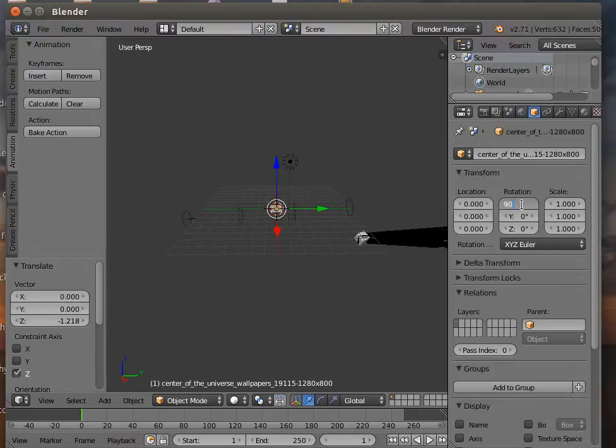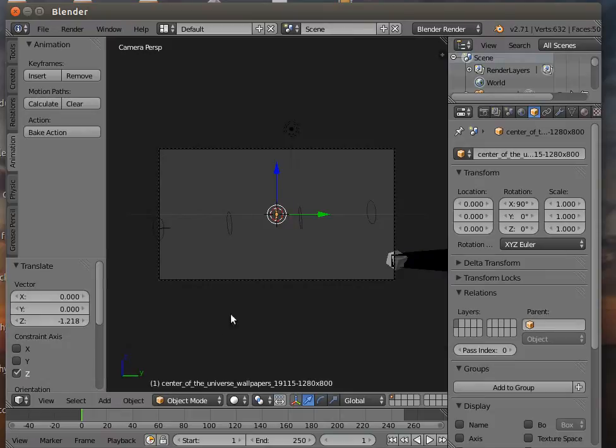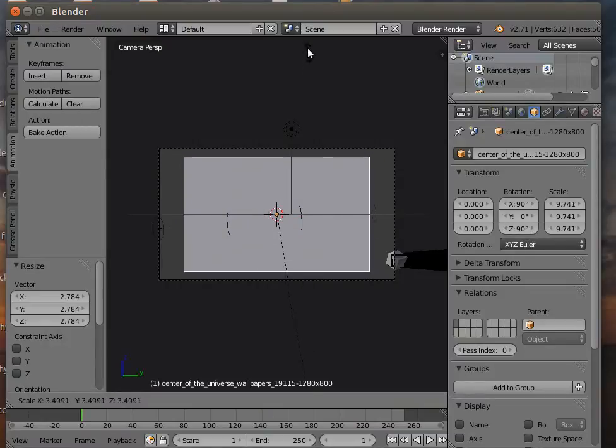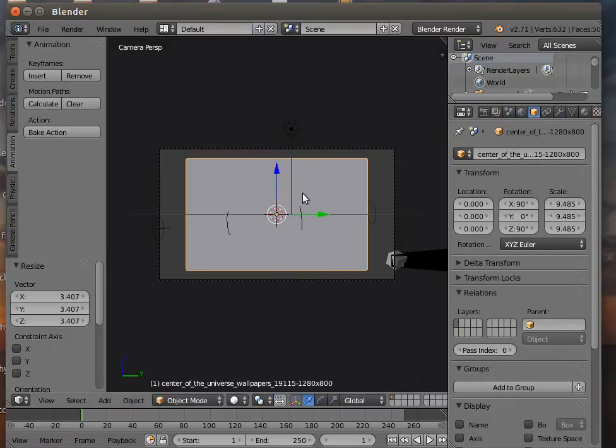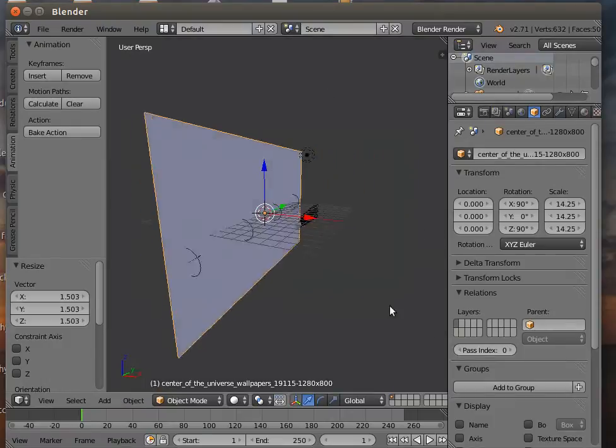90 to tip it up at 90 degrees. Go back to the camera view again. I'm going to scale it, and you can see it's not quite right, so Z needs to be 90 as well. That's better. Keep on scaling until it fills the camera view, and a bit more because it needs to go